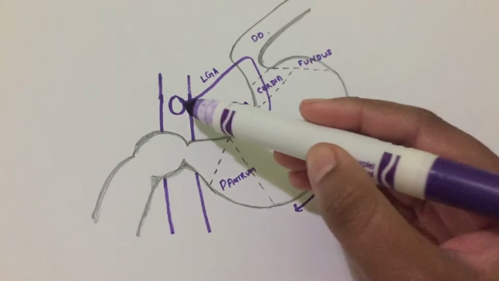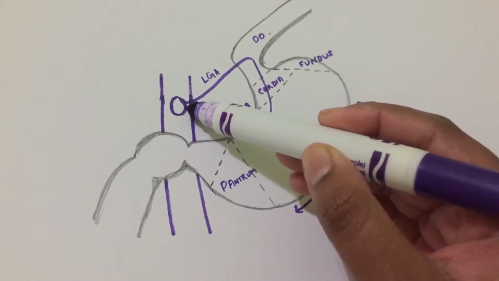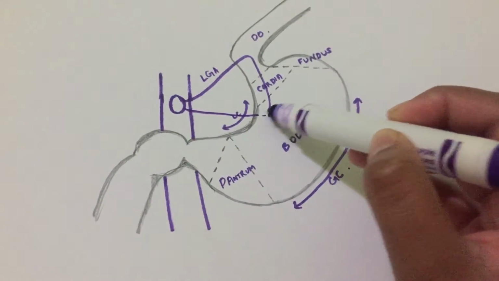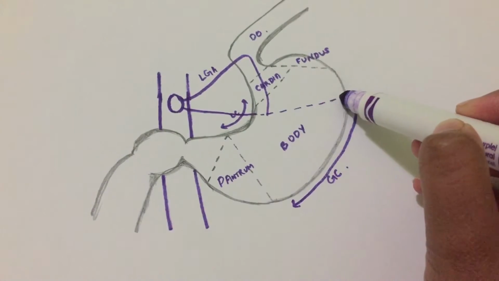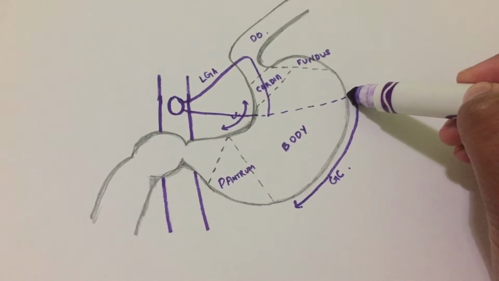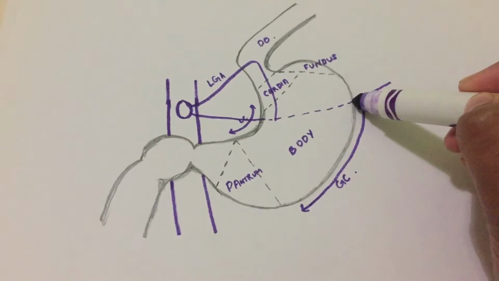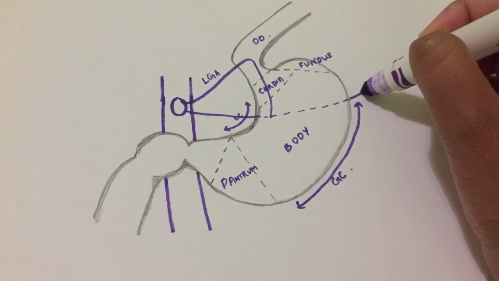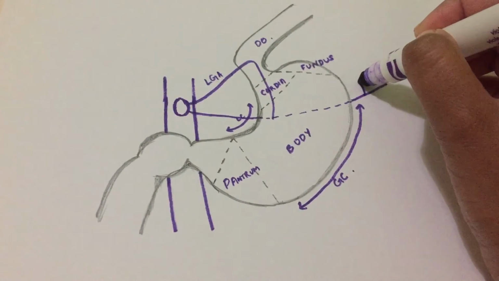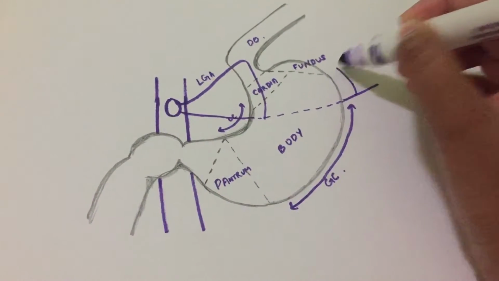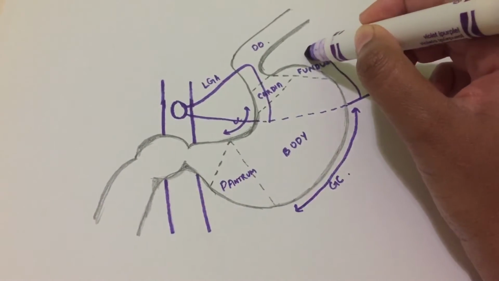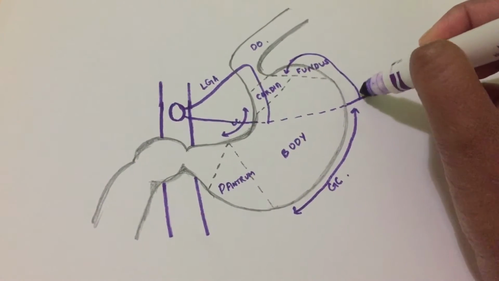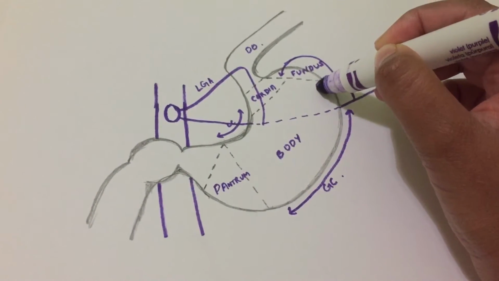The other branch of the celiac trunk is the splenic artery. It passes behind the stomach, so I'm drawing it like this. It gives off two branches: the left gastroepiploic artery and the short gastric artery. The short gastric artery supplies the fundus, and the left gastroepiploic artery supplies the body,